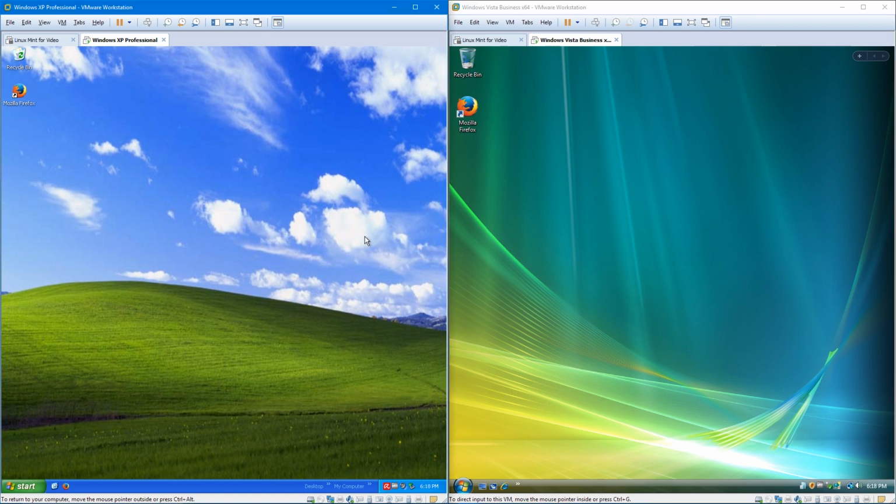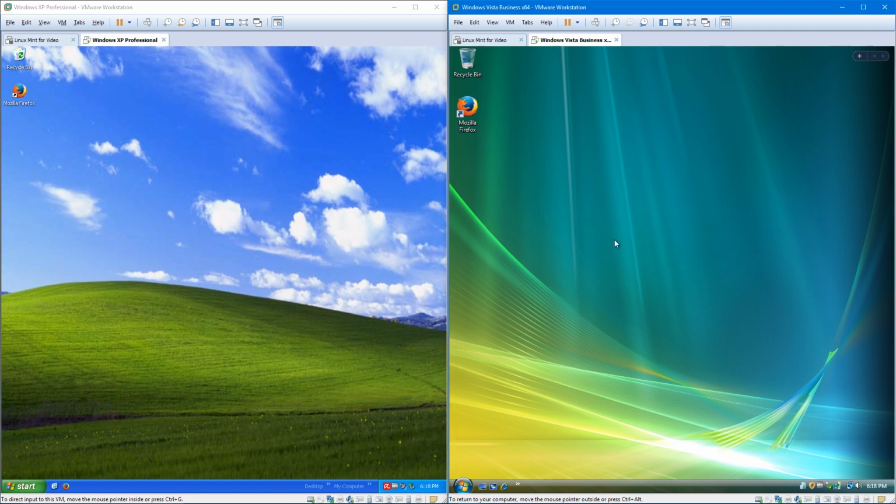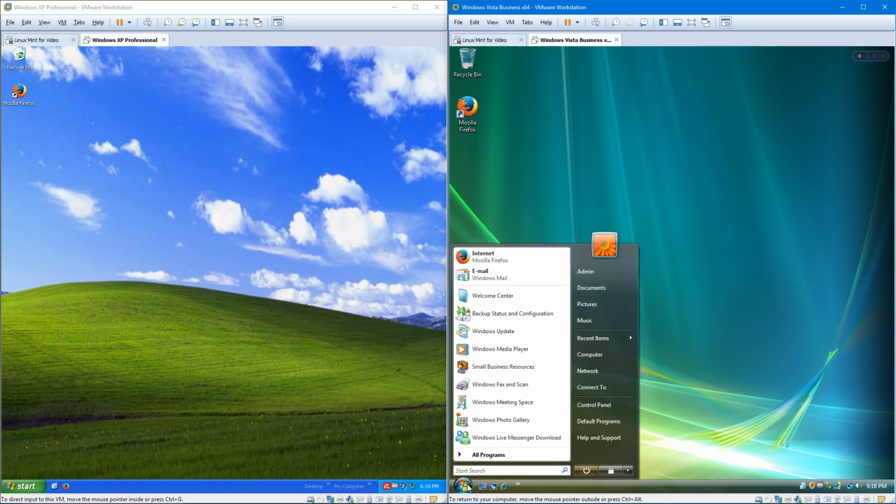So if I had to choose which operating system I'd like better at the end of the day, I would say neither. But if I had to choose one I liked better, I would say Windows Vista is overall a better operating system, assuming you have the power to run it, which if you've had a computer made since 2008 or so, you definitely have the power to run Windows Vista, because Windows Vista just simply does things a lot better. It has better security in the form of like the user account control or stuff like that, and